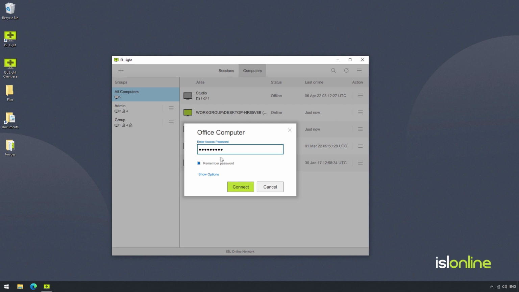If Bob was set to group admin, he can also manage the computer groups by editing or sharing the group further on. That'll be it for this video. In case you'd like to know more about access passwords, we welcome you to check out our manual topic.